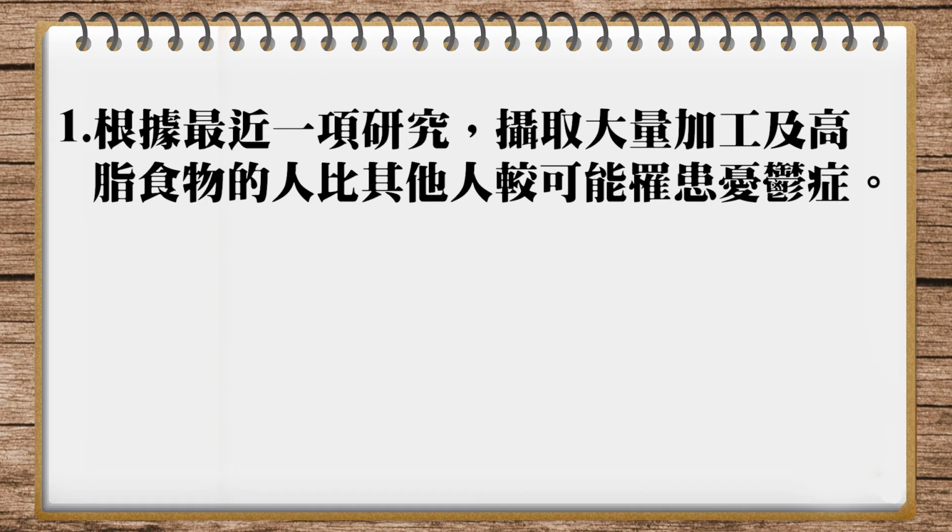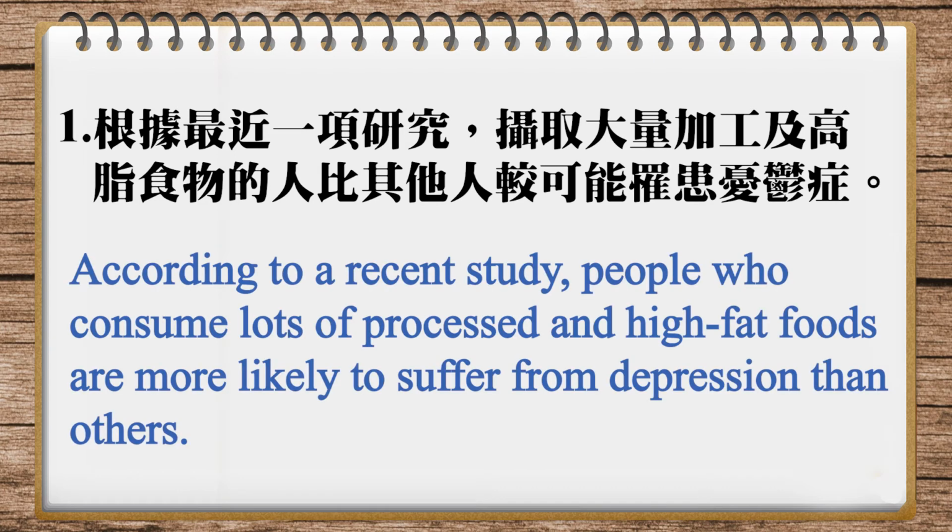Let's look at the translation in our magazine now. According to a recent study, people who consume lots of processed and high-fat foods are more likely to suffer from depression than others. OK，那用 than others 就是比其他的人，换句话说就是没有这样子吃的人来讲是比较好的，所以其他的部分都差不多，跟 Karen 老师跟我们用的句型用的字大概都差不多。